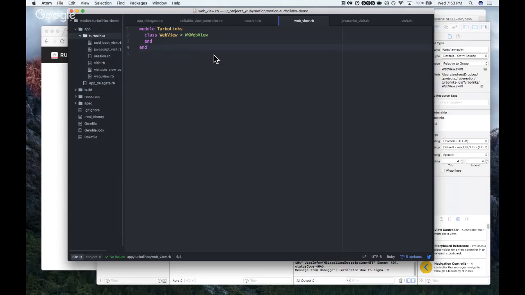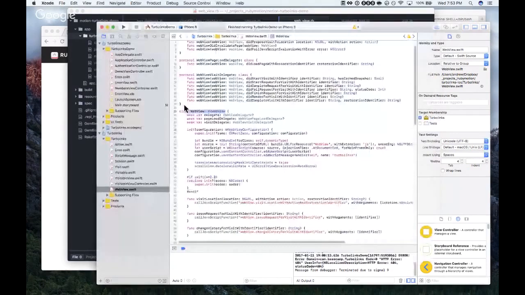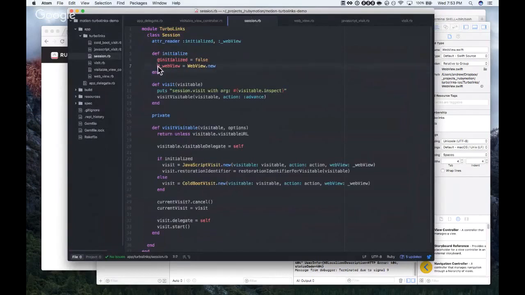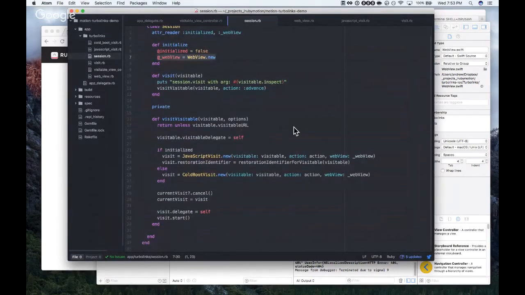Now I think that we're going to need to import or add the WebKit framework. Yeah. But we'll see. So that gives us a web view. And we've got an add a reader, so now we can reference it down here.